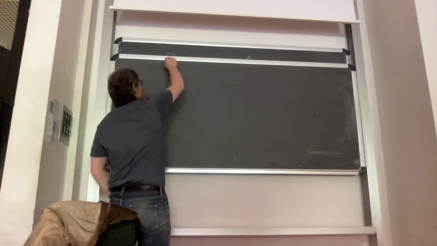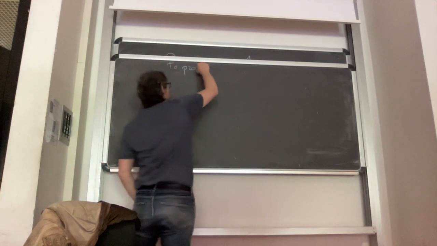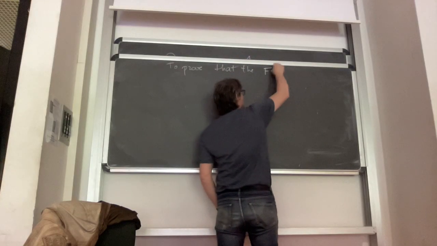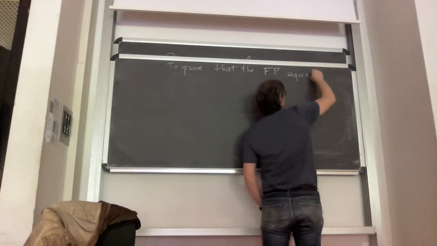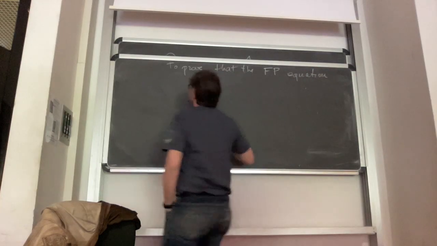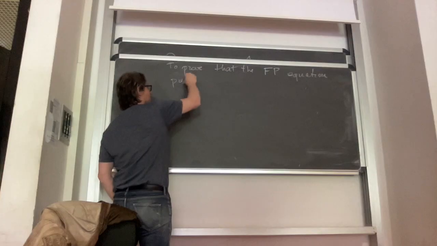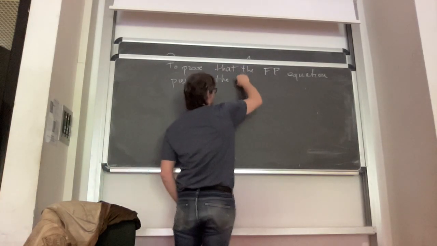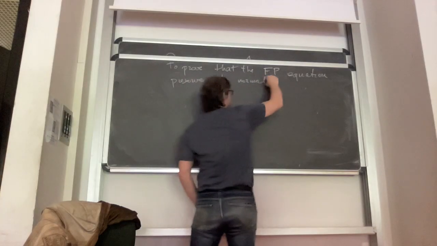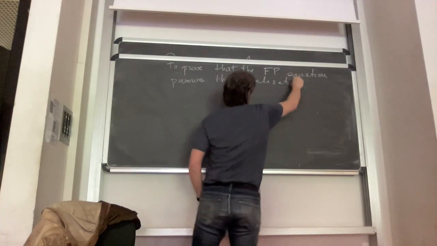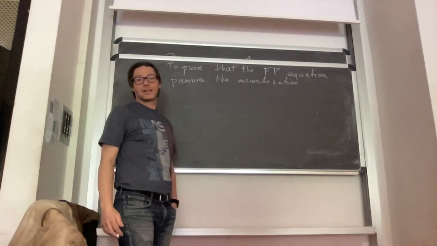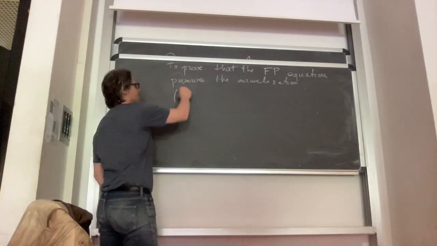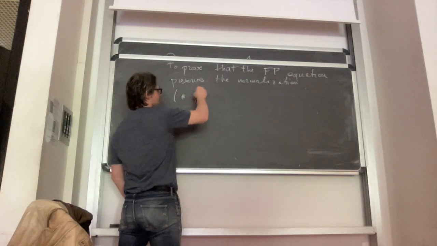Okay, to prove that the Fokker-Planck equation conserves or preserves the total probability, the normalization, which means basically that we don't create or annihilate particles. Okay? So it's equivalent to the number of particles,